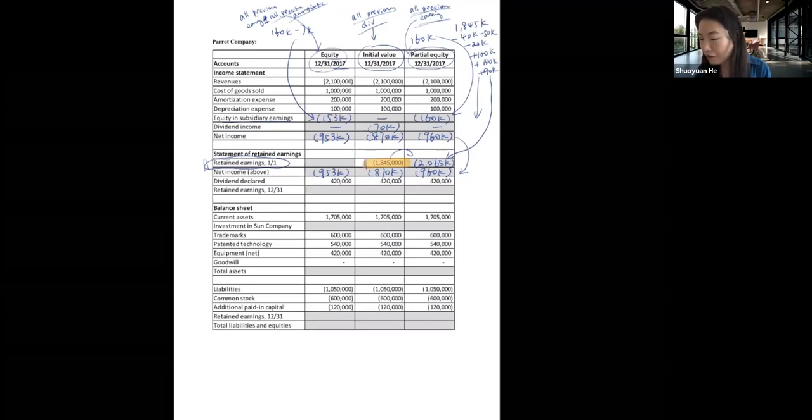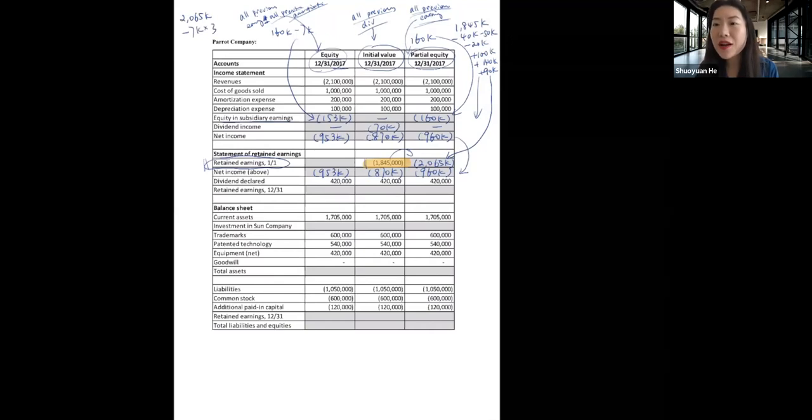So we can just start from this 2,065,000 and take out 3 years of amortization for the years 2014, 2015, and 2016. We don't need to worry about 2017 because this is the beginning of the year retained earnings. 2017 hasn't happened yet. So this will give you your beginning retained earnings for the year 2017, which is